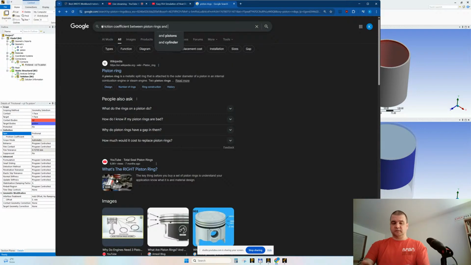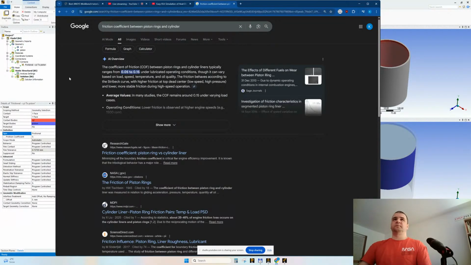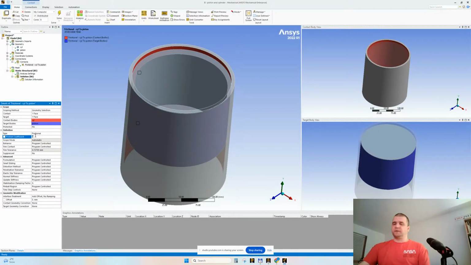Piston rings and cylinder. It should be something like 0.15 on the lubricating. You know what? Because we need heat to appear, let's double this value. Let's make it 0.3. But in theory, in practice, it's well lubricated. All right. So just for the sake of this simulation, let's make it 0.3 in order to ensure that heat will appear,